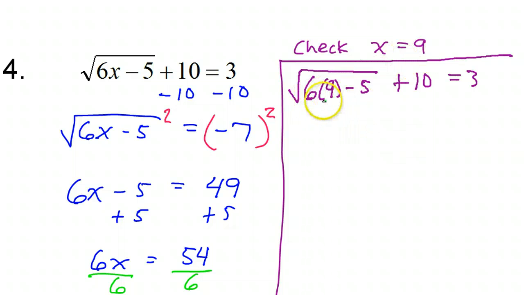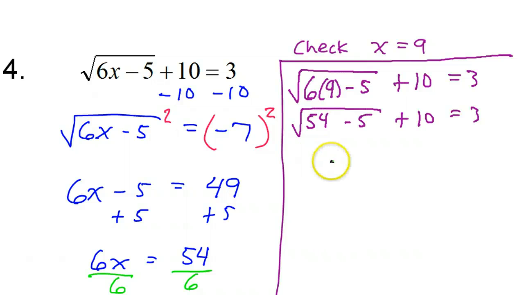Okay, so that's 54. So I've got the square root of 54 minus 5, plus 10 is equal to 3. Okay, 54 minus 5, that's 49. So I've got the square root of 49 plus 10 is equal to 3. Square root of 49 is 7. So that's,